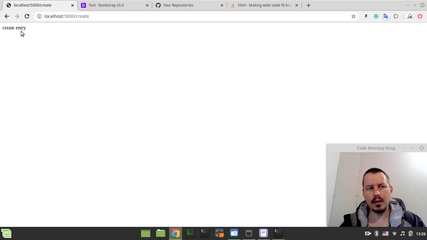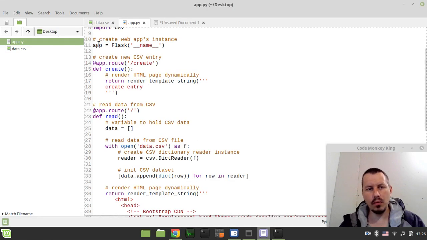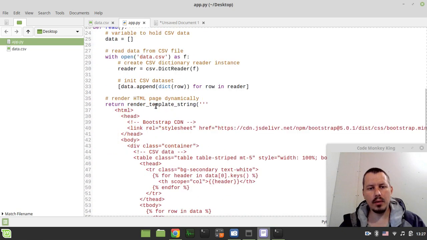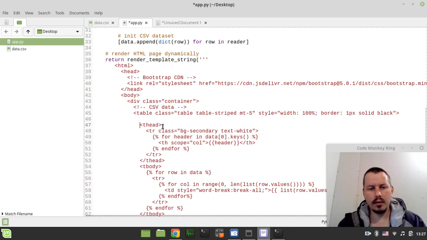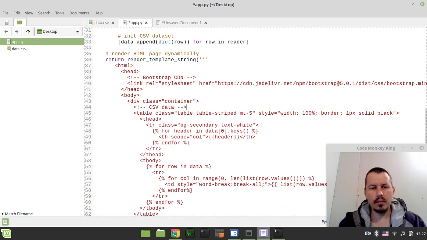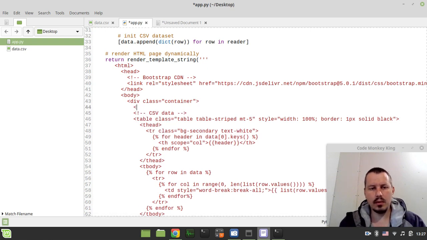We would be submitting the post request from the form in this kind of view. But apparently before that we need to add a button here, right? Or it's better to say a link. So here we have our CRUD operations,